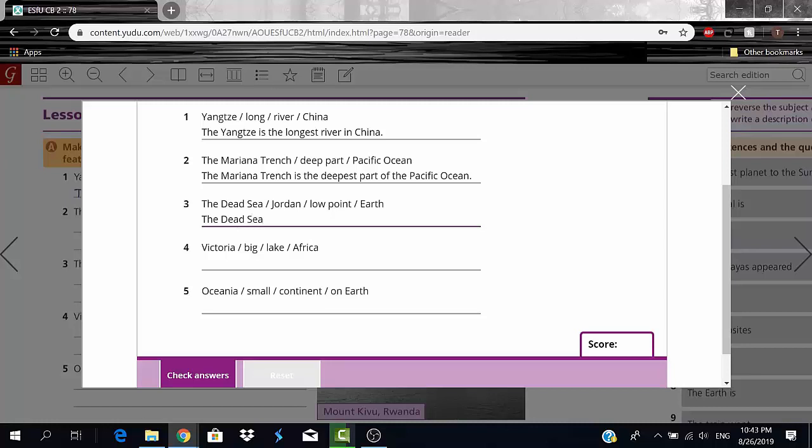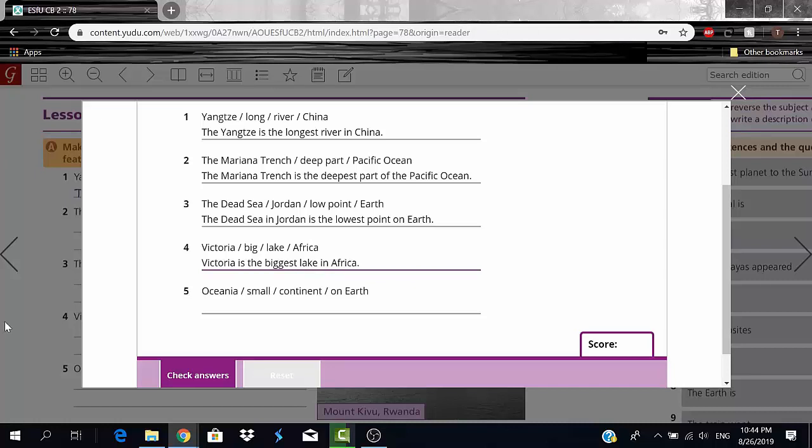The Dead Sea in Jordan is the lowest point on Earth. Alright, then we have Victoria, big, lake, Africa. So for that I'll say Victoria is the biggest lake in Africa.